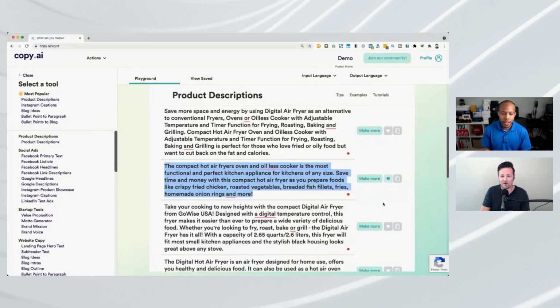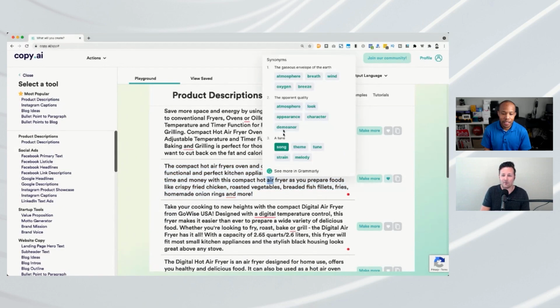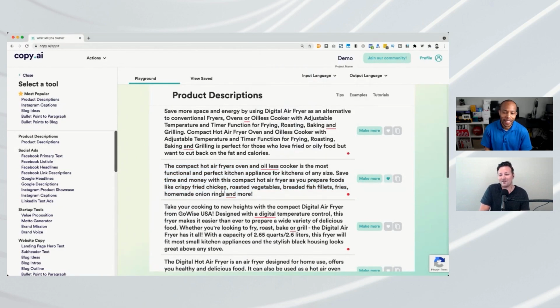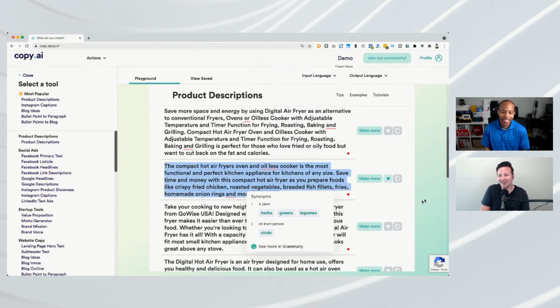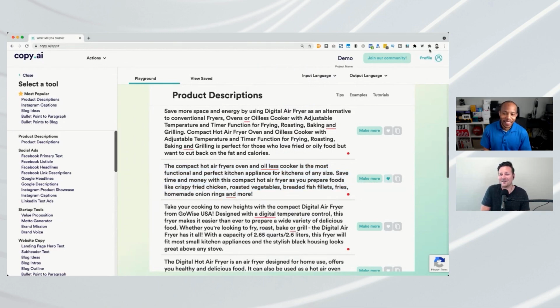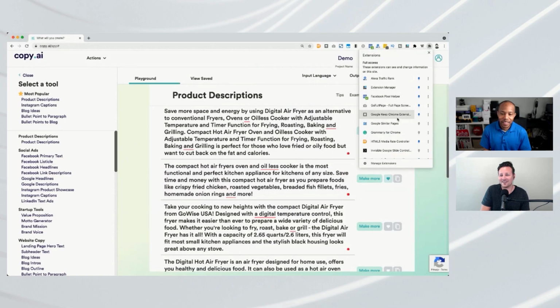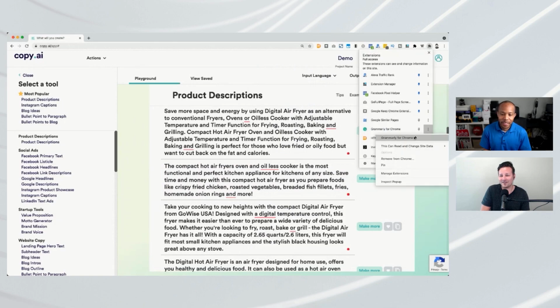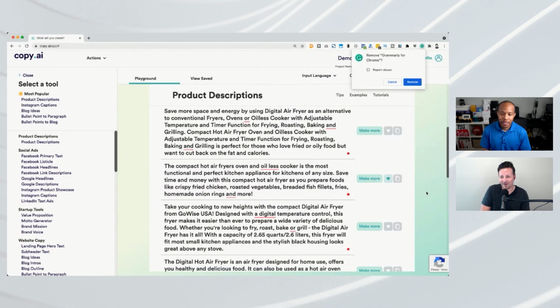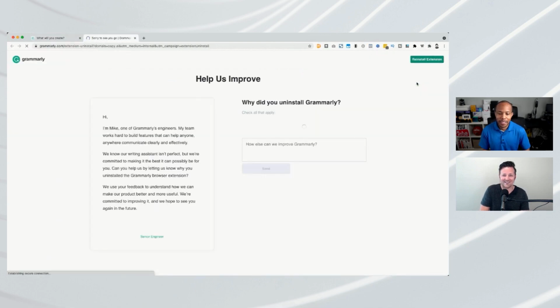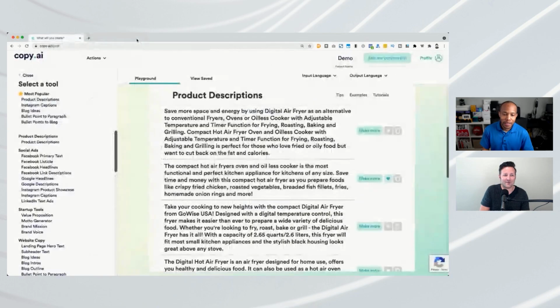Oh, and it gives you synonyms there too? That's Grammarly, so that's different. Oh, okay. I should probably turn that off because it's kind of confusing. Let me try to turn that off. I'll just remove that for now. All right. Sorry, Grammarly. They are working on some Chrome extensions that will do some similar stuff.